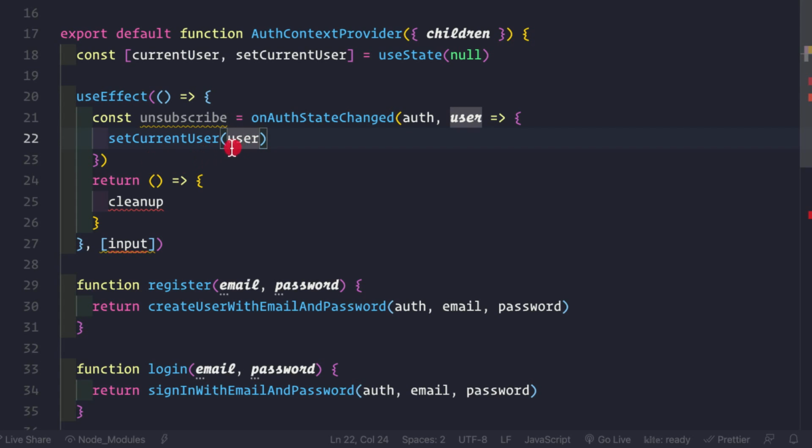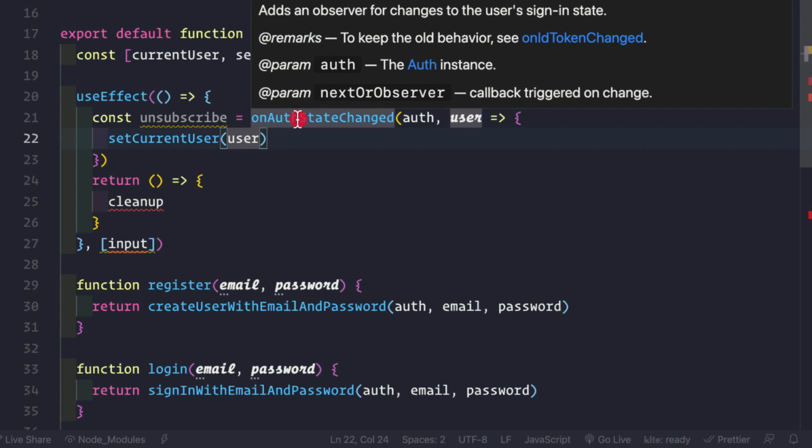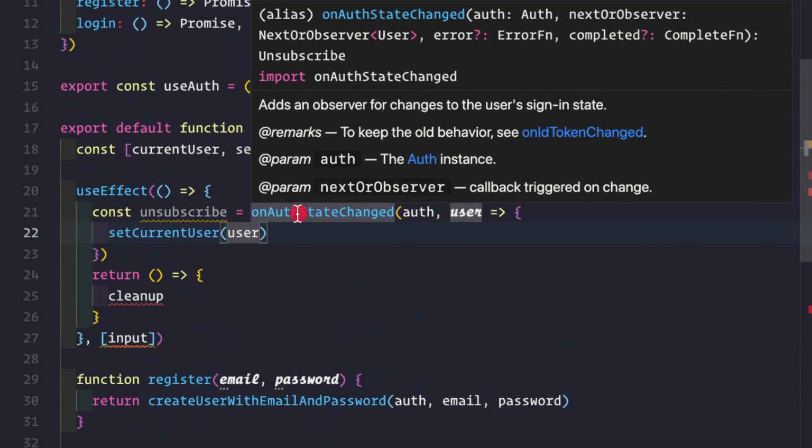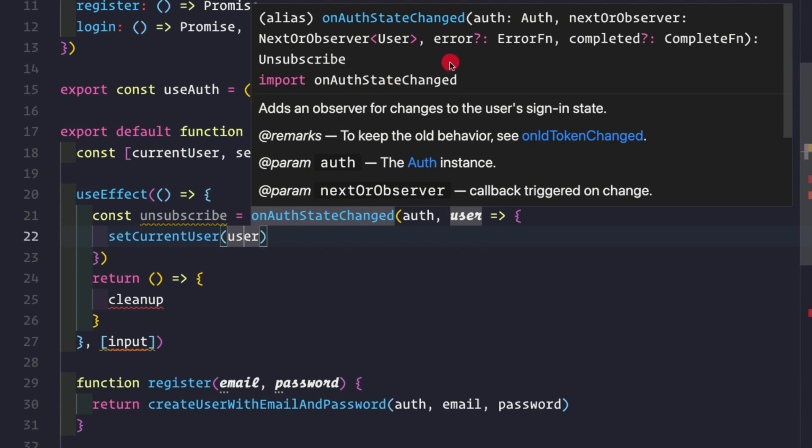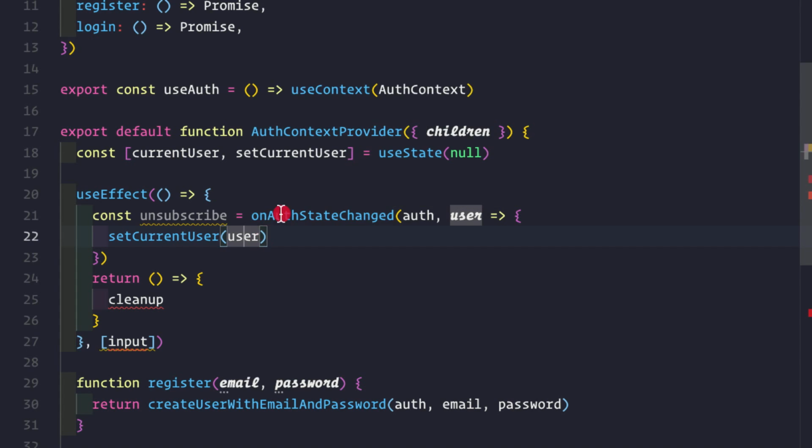So that's all we need to do. And if you have a look at the documentation of this onAuthStateChanged event handler, we see that it returns an unsubscribe function. That is, we added this observer for our events on the initial render of our application,